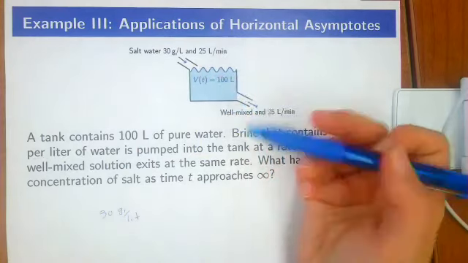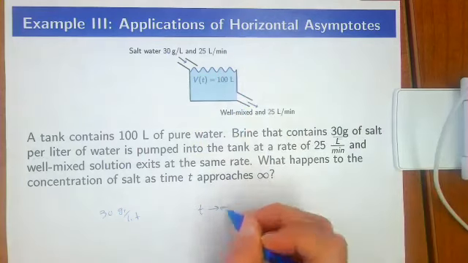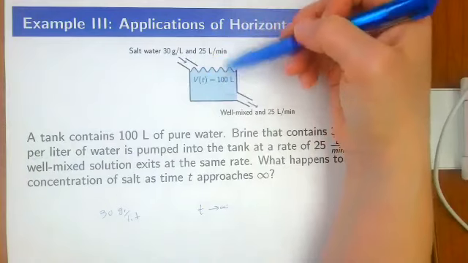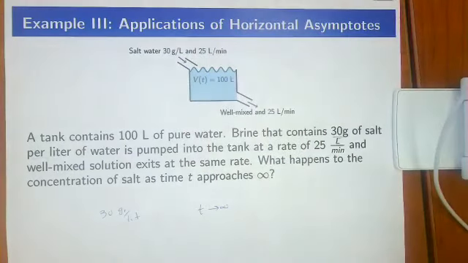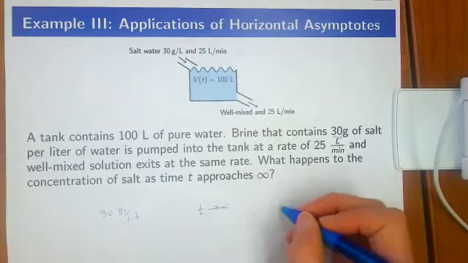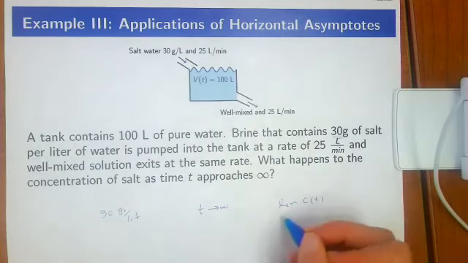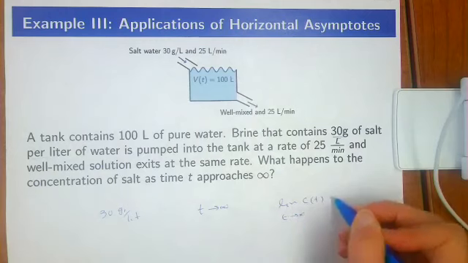And so if we're thinking as t goes to infinity, we're thinking all this salt water is replacing the original water, so the original water kind of washes out. So what I'm expecting is that the limit of the concentration at time t, as t goes to infinity, should be equal to the concentration coming